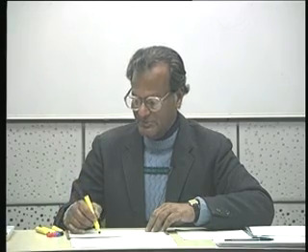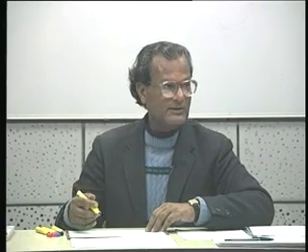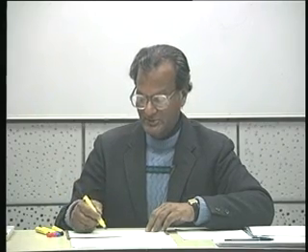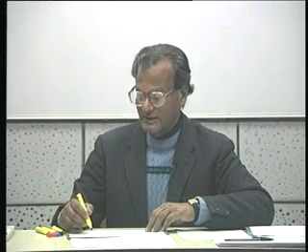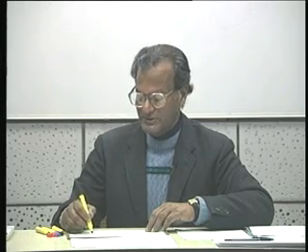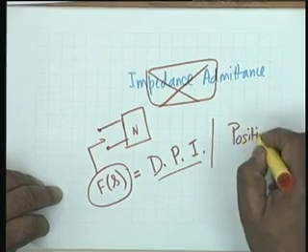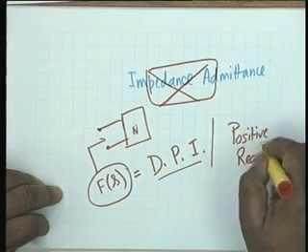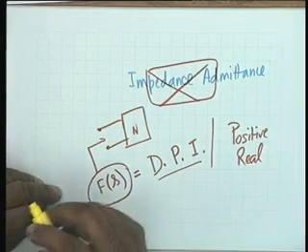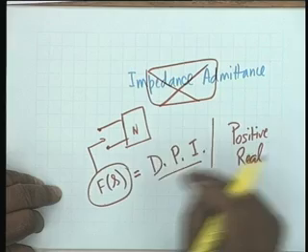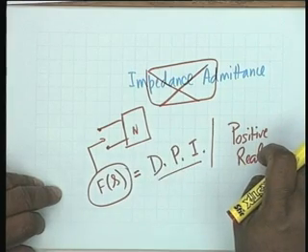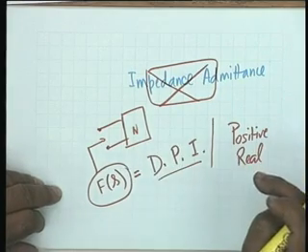Now in the case of DPI, we shall show later in the course that it would be realizable if F of s is a special kind of function which goes in the mathematical literature by the name positive real functions. That is, only if capital F of s is positive real is F of s realizable.